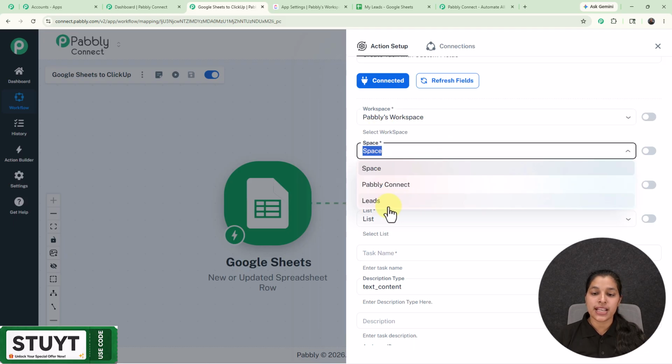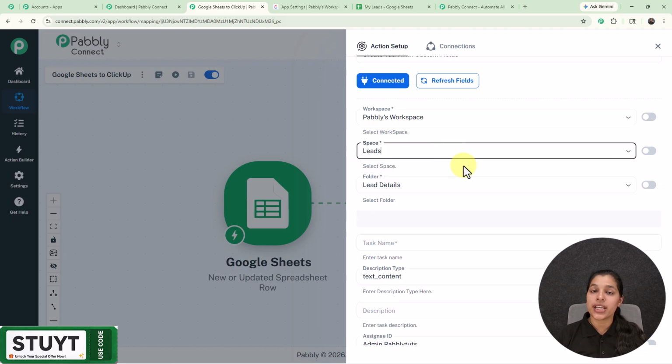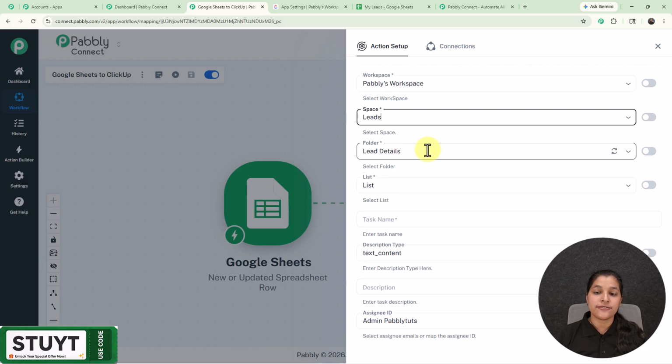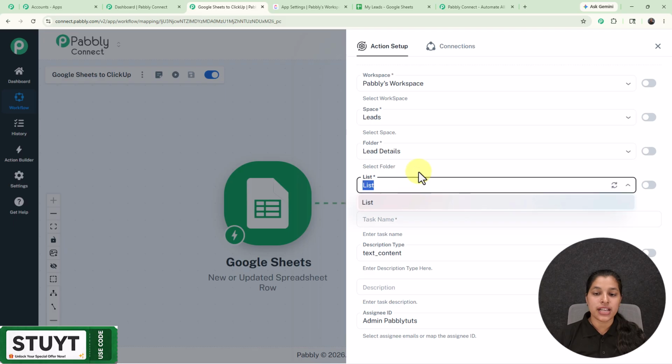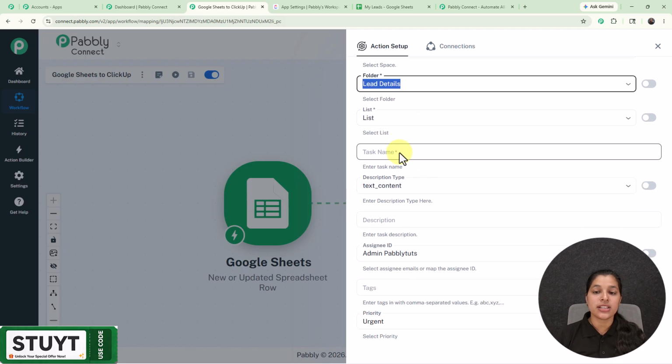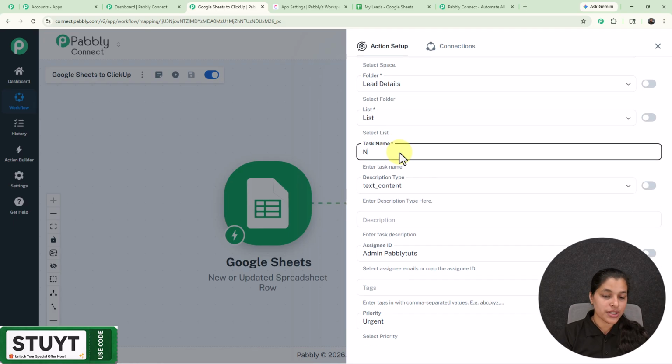Now let's select the space as leads, where I want to create a task for my Google Sheet leads, and afterwards it is asking me to select the folder. So from here you can select the folder and the list as well. Now it is asking me to enter the task name. So here I'm going to enter my task name as new lead, and afterwards I'm going to add the name